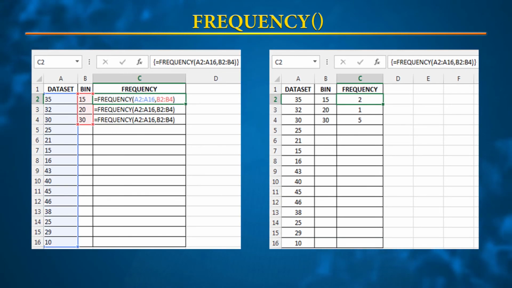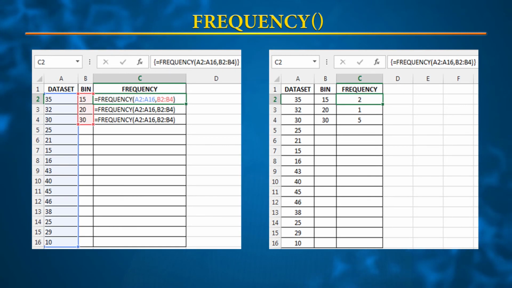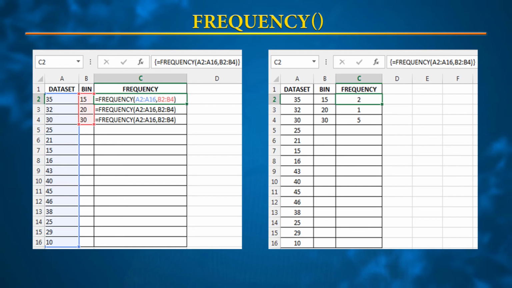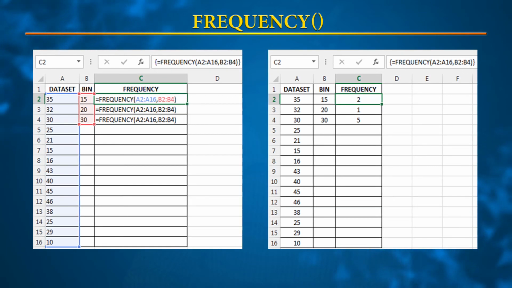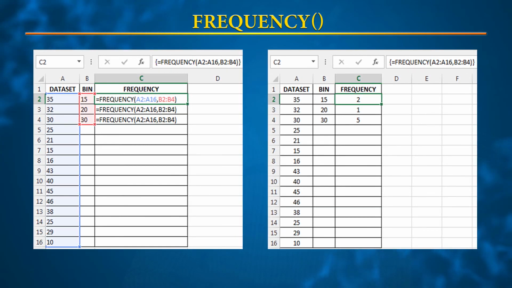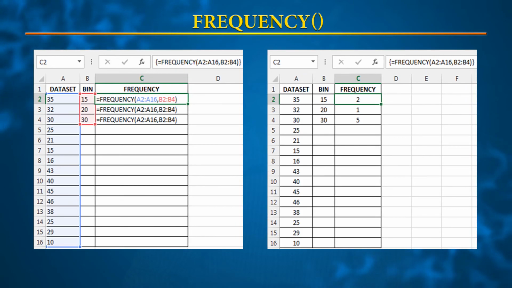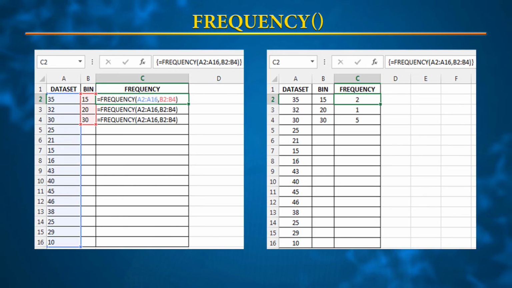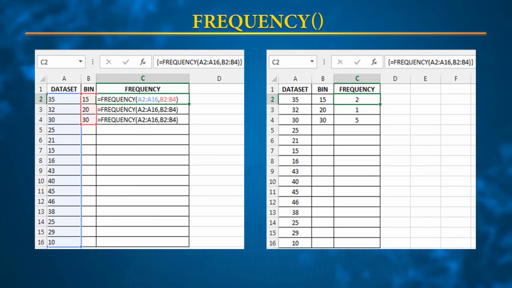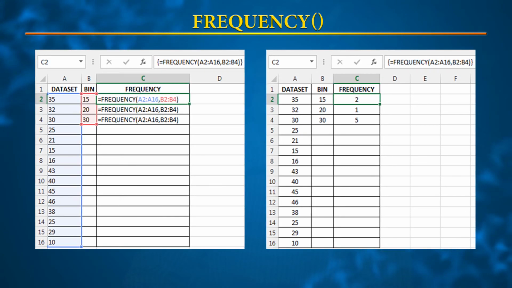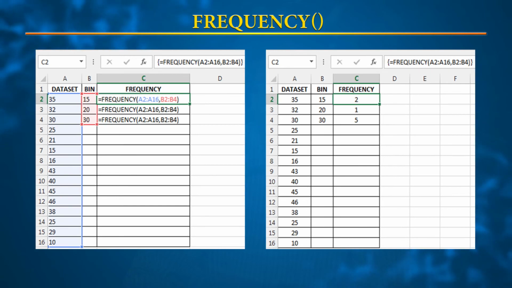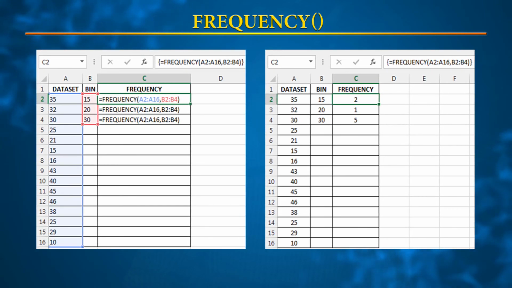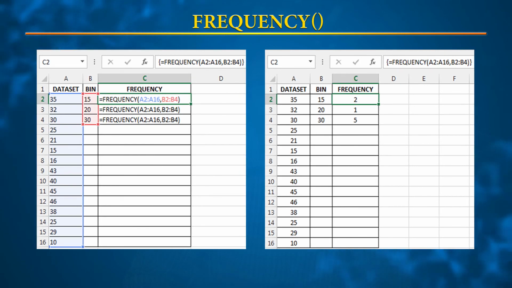Now to create the frequency table, we select the cells in the third column and type the formula equal to FREQUENCY, and we pass 2 arguments. The first argument relates to the data set and the second argument relates to the bin values, that is, the class intervals we are supposed to populate with.